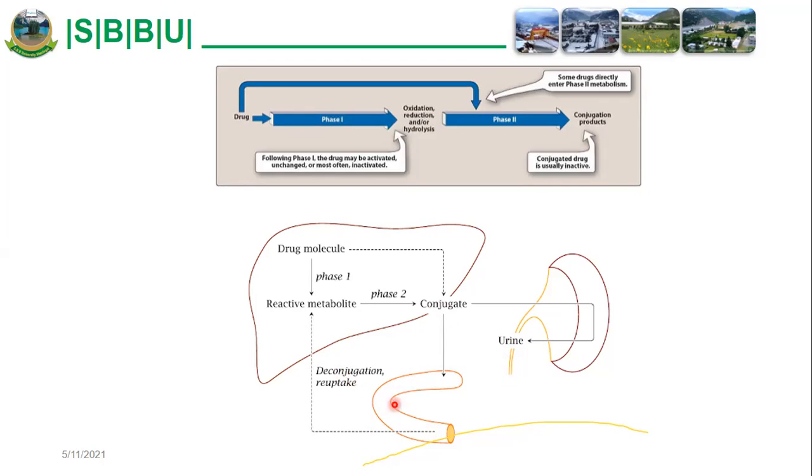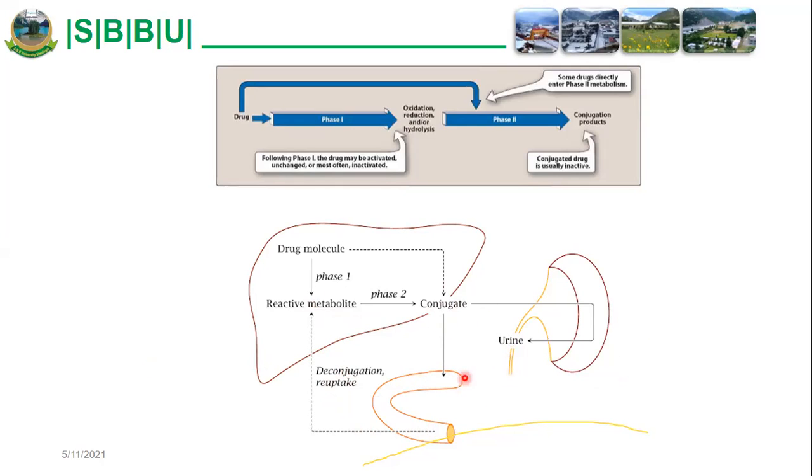Sometimes the conjugate may be reuptaken, and the cycle may be repeated. So they are again metabolized, converted to conjugate, and then excreted either to the kidneys